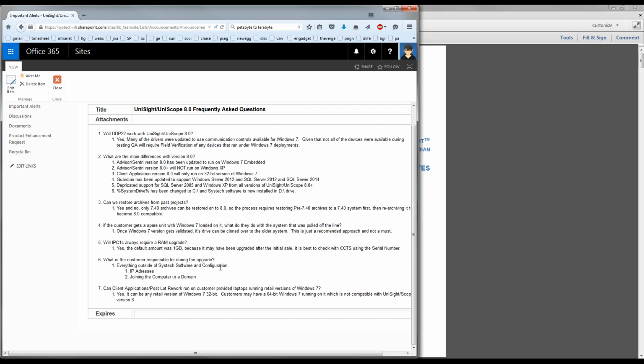What is the customer responsible for during the upgrade? Again, everything outside of Systech software and configuration. So for us, it's the Windows, which will already come with it if you buy the spare system from here, or the Ghost if we are doing it out on site. Then the actual Systech software, which is Unisite Uniscope 8.0, and the configuration of it, which will just be the archive. If it's an old project, if it's a new project, it'll still be an archive that we provided from within the house. Everything else, the IP address, joining the computer to the domain, anything that requires the IT folks to